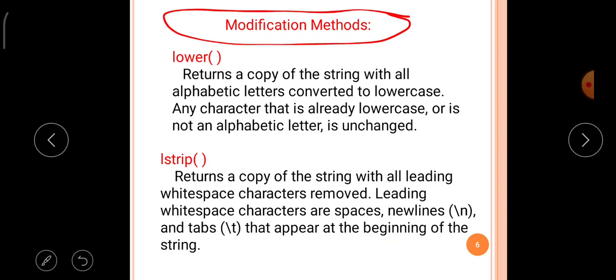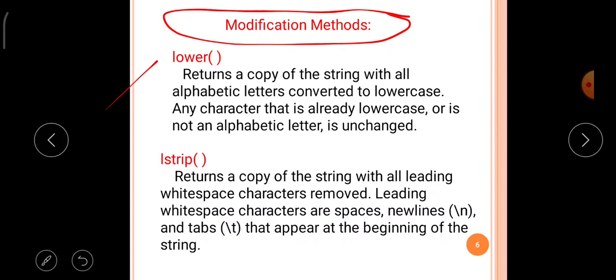For example, the lower function returns a copy of the string with all alphabetic letters converted into lowercase. Any character that is already lowercase or is not an alphabetic letter is unchanged.